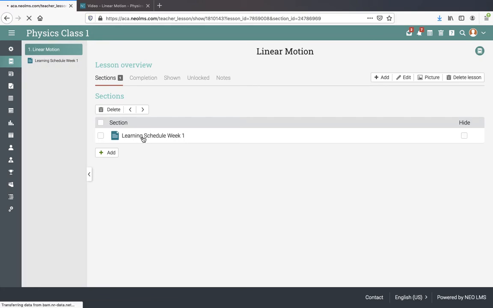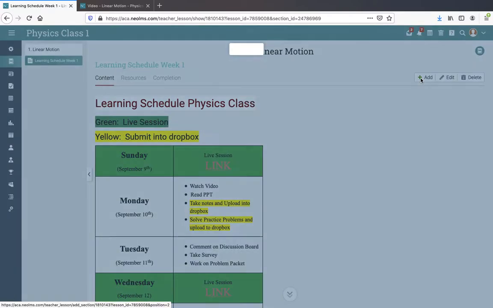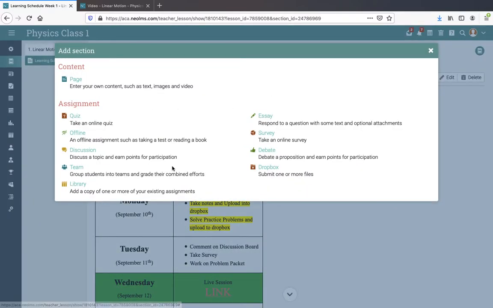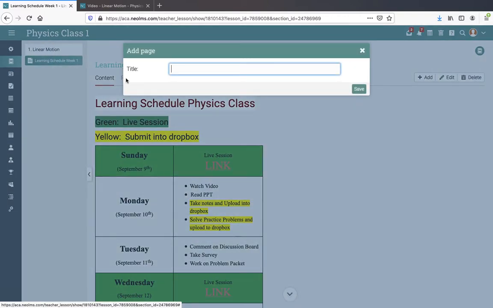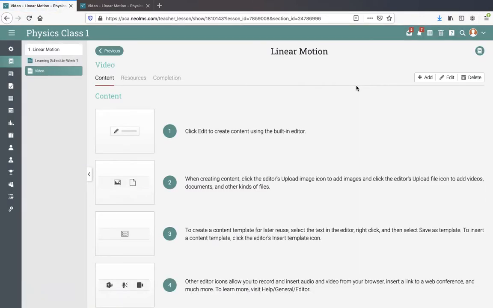So inside the learning schedule, I first go in here and then I want to add a page. When I click Add Page, it gives me various options. I want to add a page. So I'm going to give my students a video, and this will be one of the ways in which they learn on their own. So I just press Edit,